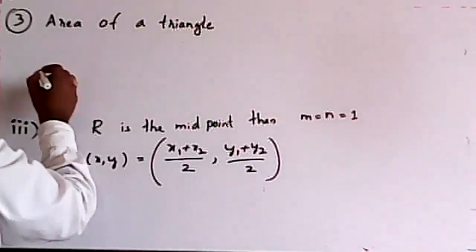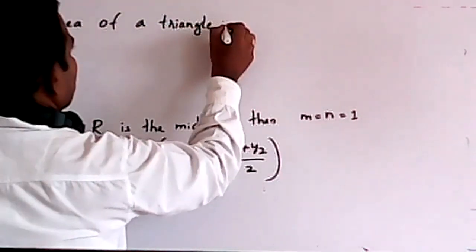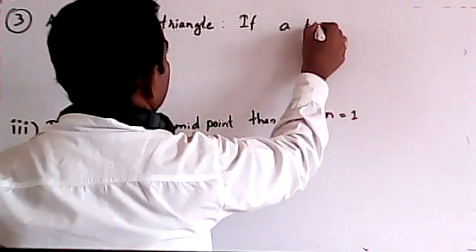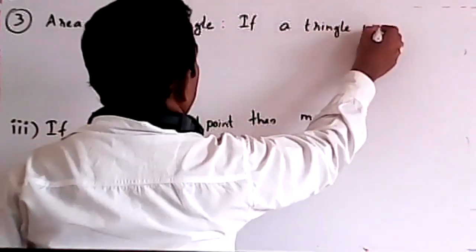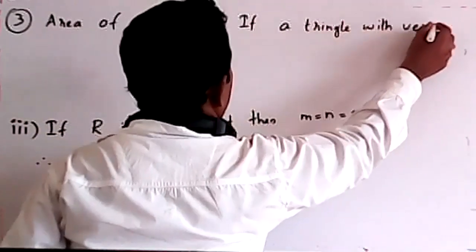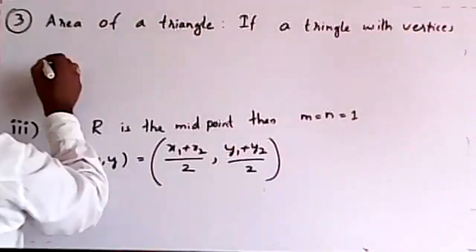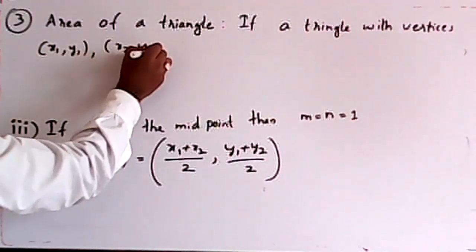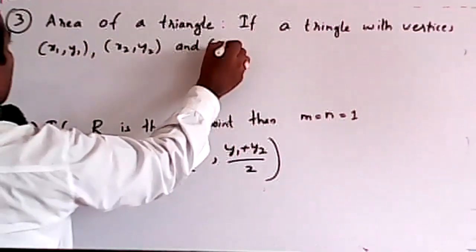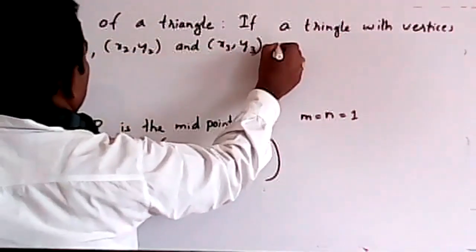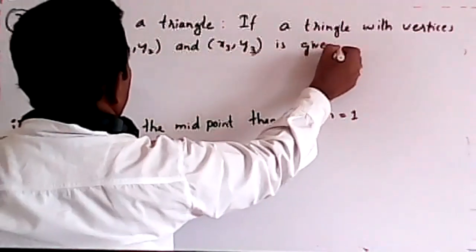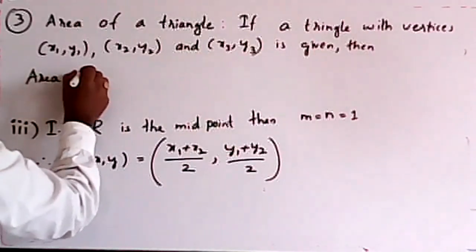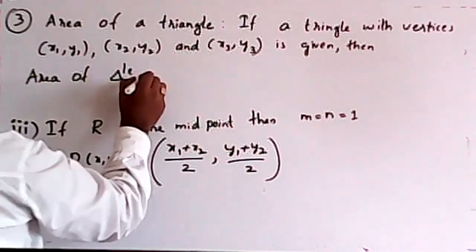Okay, that is, if a triangle with vertices x1, y1, x2, y2, and x3, y3 is given, then area of triangle is equal to half